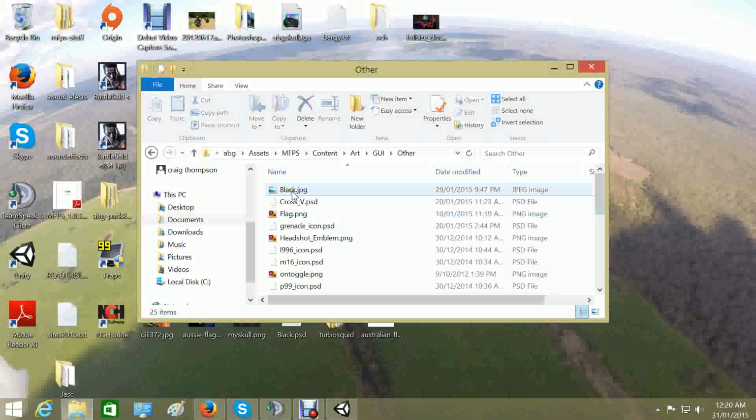What you've got to do is basically copy that file, paste it on your desktop, and paste your picture over the top of this file. It's got to be the same resolution and everything as this file. So do that, and then when you've got the picture on that file, just override it with this one, paste it in here and override it with that one. Then